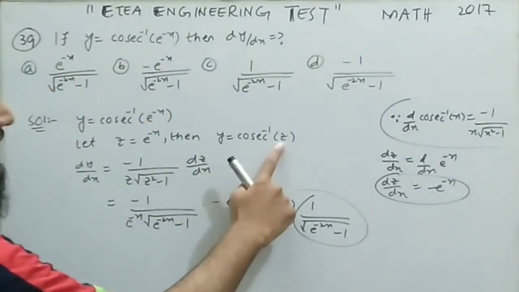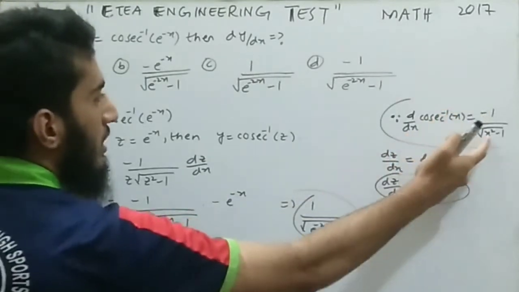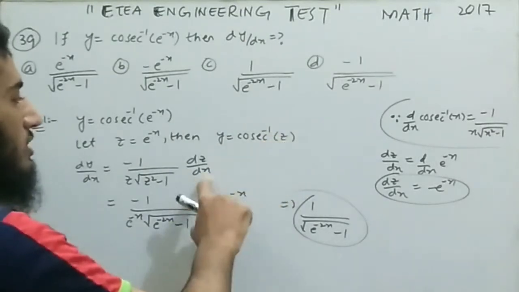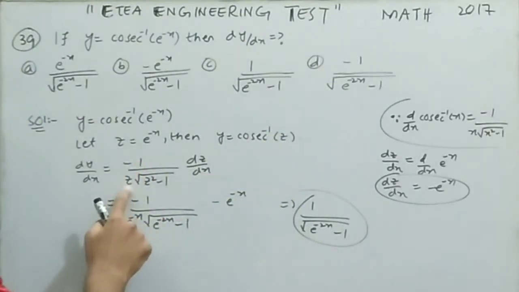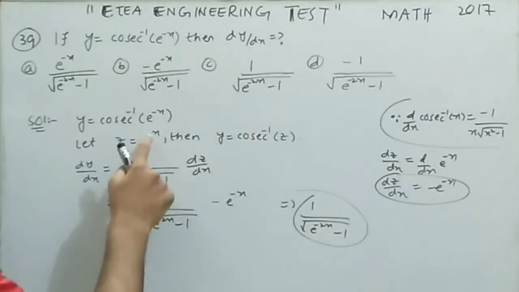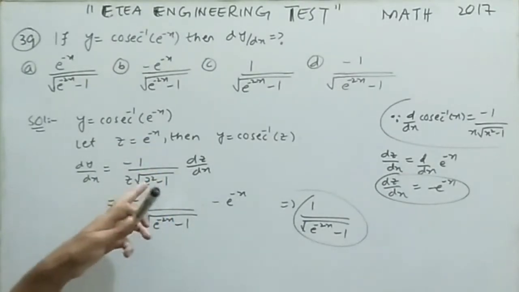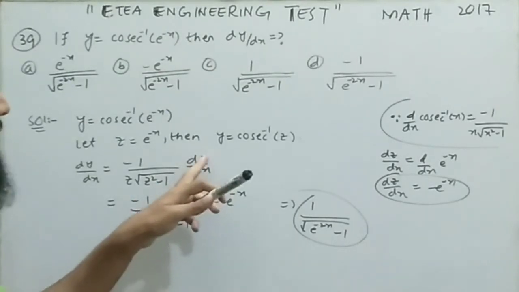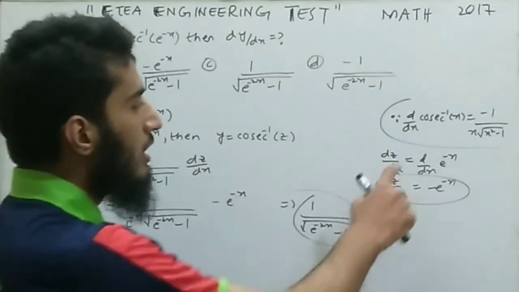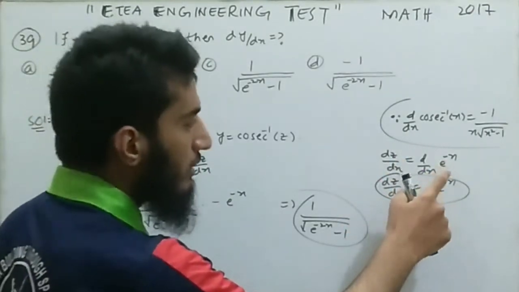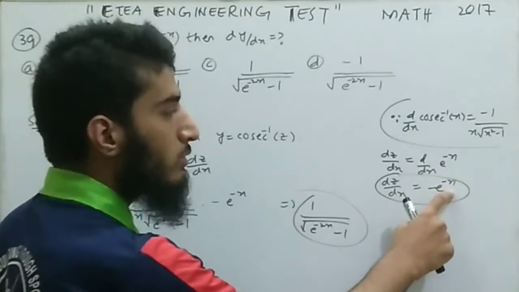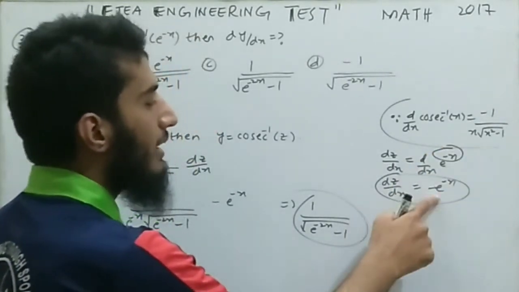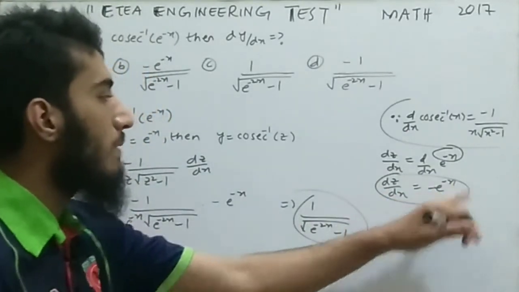Over here the variable is z, so its derivative will be minus 1 over z into under root of z square minus 1, and we will also take the derivative of the inner function with respect to x. Now I put the value of z again, so it becomes minus 1 over e raised to the power negative x, and e raised to the power negative x square will give us e raised to the power negative 2x, minus 1 will come down as it is. The derivative of z with respect to x: you know that the derivative of e raised to the power negative x is e raised to the power negative x, and the derivative of the inner function will be negative 1. So the whole derivative of z with respect to x will be minus e raised to the power negative x.